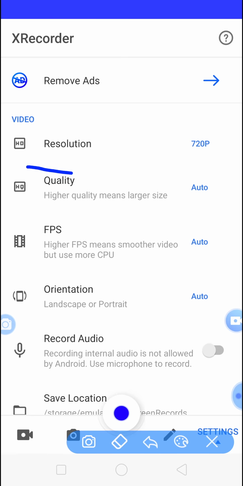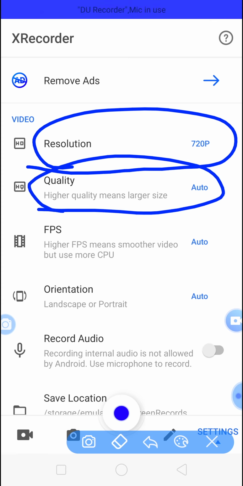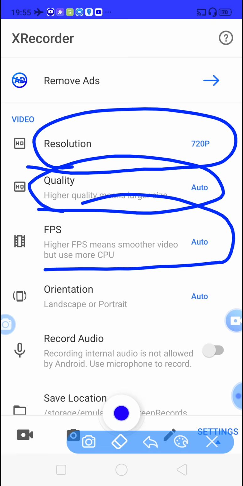Now the first one is resolution. Resolution gives you the quality of the video, the quality of the screen capturing. The second one also deals with the quality, which means you can choose the size and quality. And the third one is frames per second. For example, in 1 second, how many frames you want to have. If you select more frames,